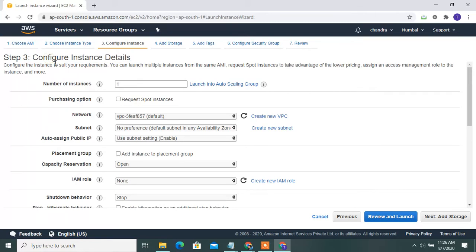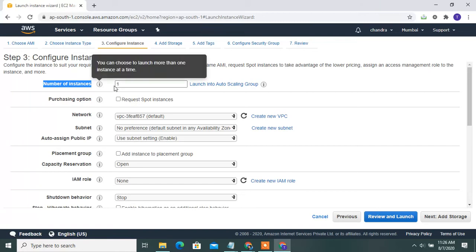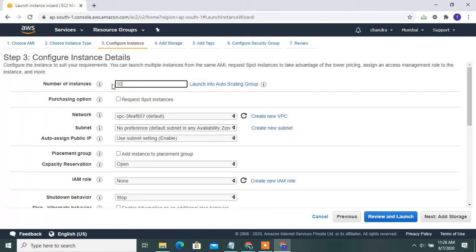Okay guys, observe carefully. What is the number of instances? You can launch 1 or 2 or 3 or more, or 10 or 20. You can type 10 or 20, and once you launch, 10 instances will be running there. I have only one, so I select one here. Next is networks.